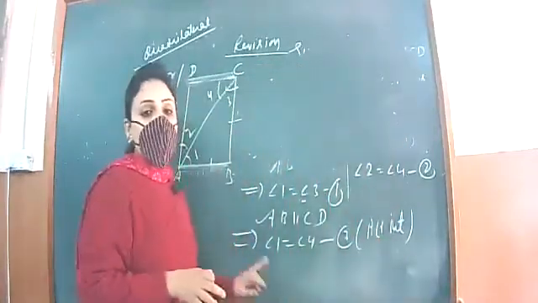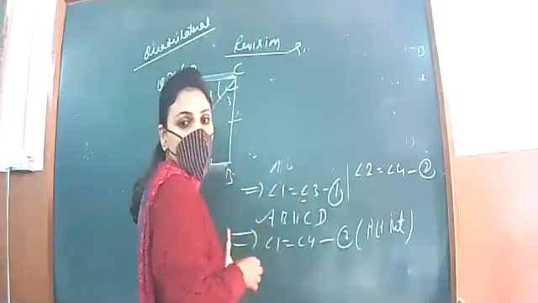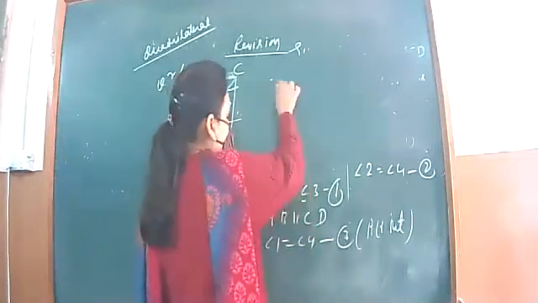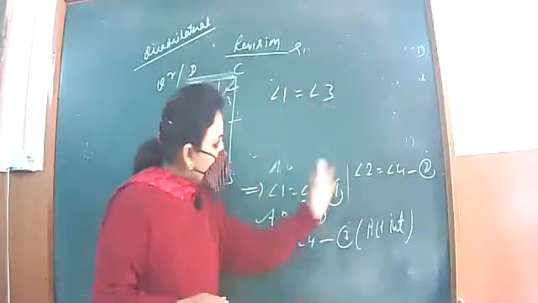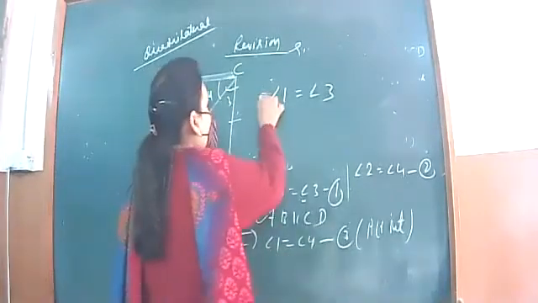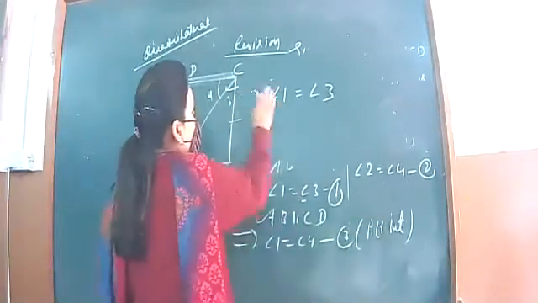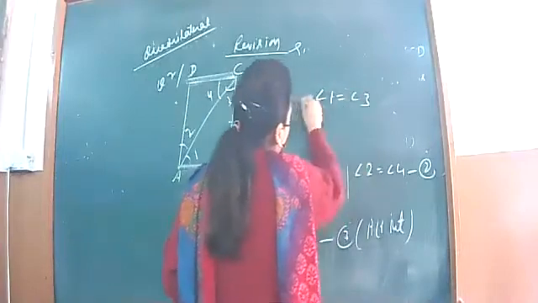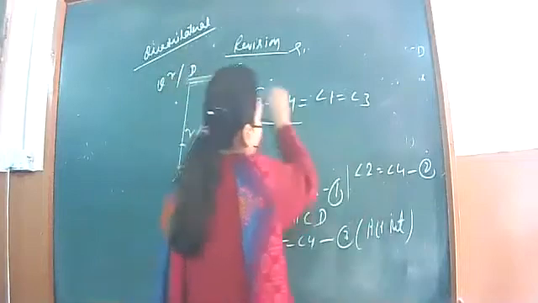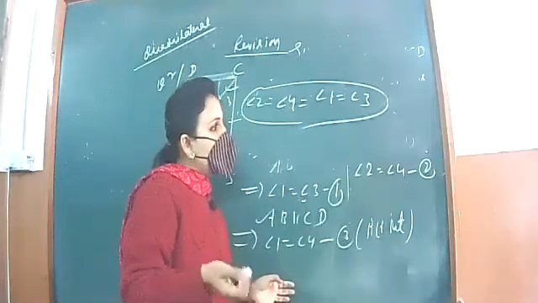So let us combine all these equations and analyze what we are getting. Starting with equation number 1, we have 1 is equal to 3. Now in any of these equations, can you see 1 equal to any other angle? 1 is equal to 4 as well. And can you see 4 equal to any angle? 4 is equal to angle 2. So we have 1 is equal to 3, and moreover 1 is equal to 4, and moreover 4 is equal to 2. You can write it that way, that is also one way.